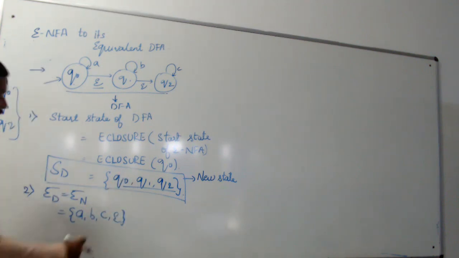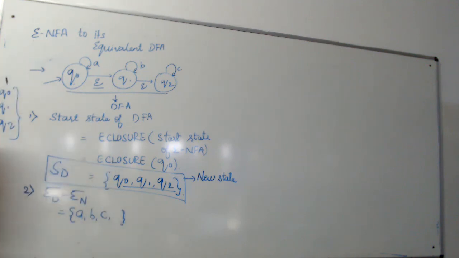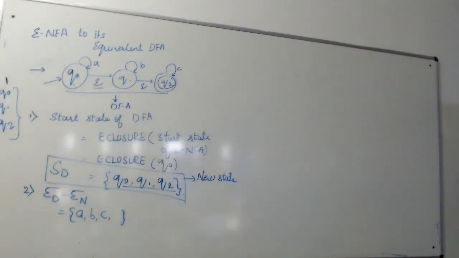Since I am going to convert it into a DFA, I am not going to use epsilon here. I will have only the alphabets A, B, and C. Next, the final state. Okay, I forgot to draw your final state. This is your final state. Clear with this? Now we move on to